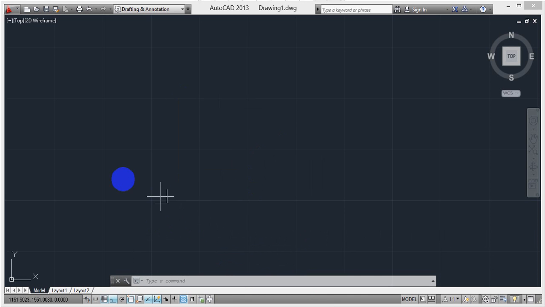Okay, next we will go for hatchings. Hatching means you have to represent or show that some area is made of which material. Mostly we think that hatching is only about lines, but that's not correct.